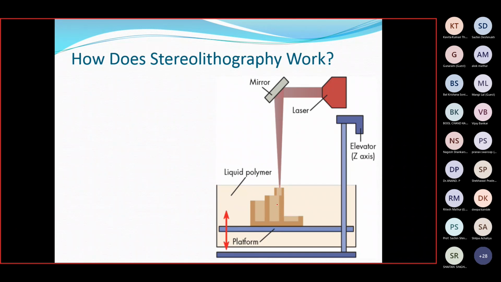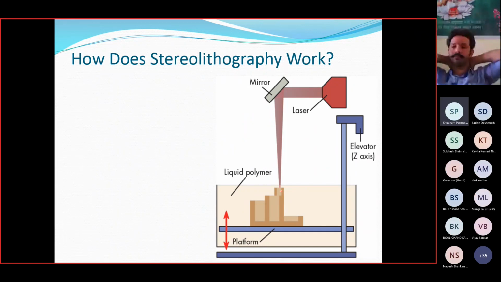This is the model which we are going to create, like this building-like structure. The platform is used for the x-axis and y-axis, the base of that object.